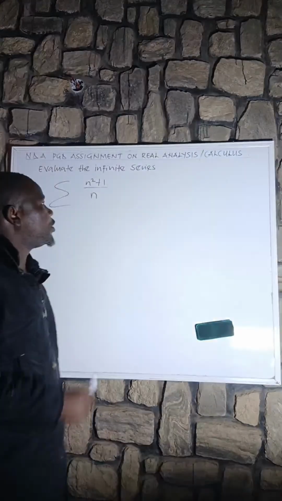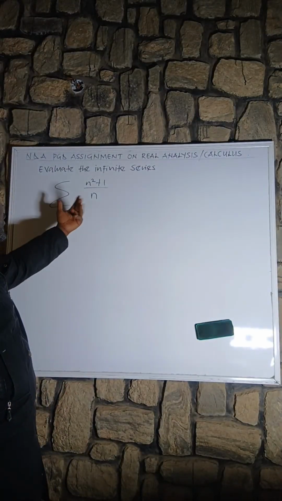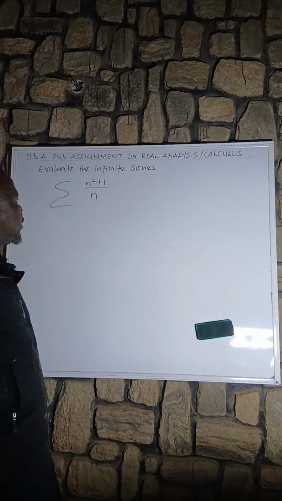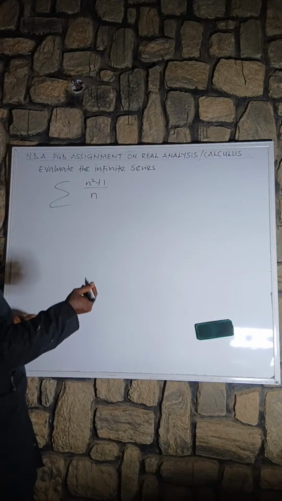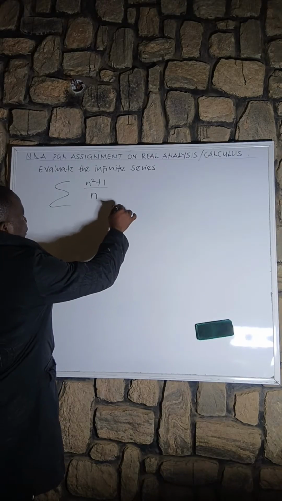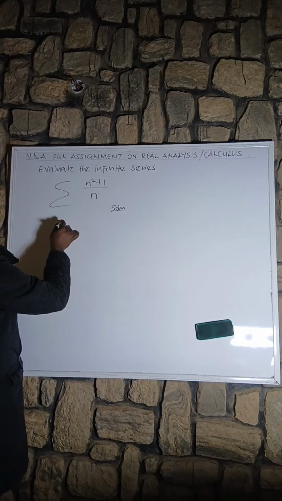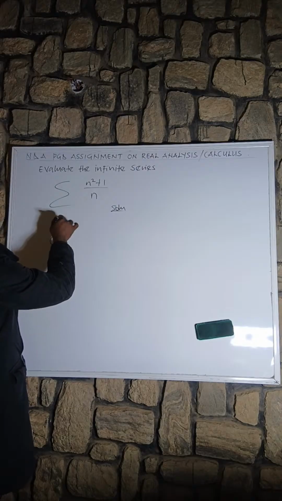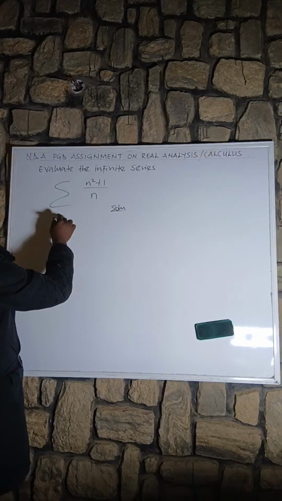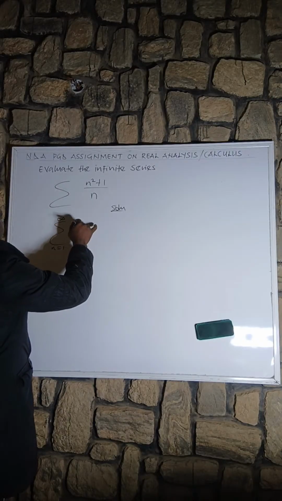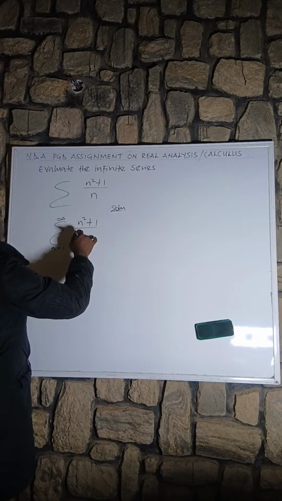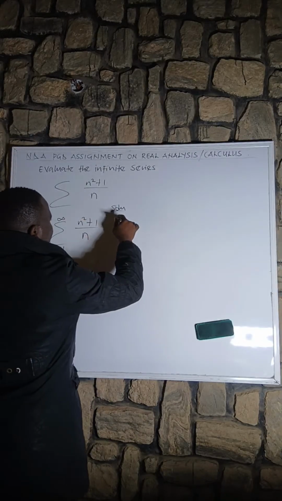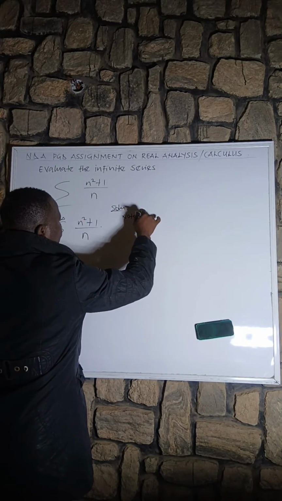It's okay. So tonight I want to look at this series. Evaluate the infinite series. So what we need to do, let's write the solution. Summation, n running from 1 towards infinity, of n squared plus 1 all over n, right? But let's note that